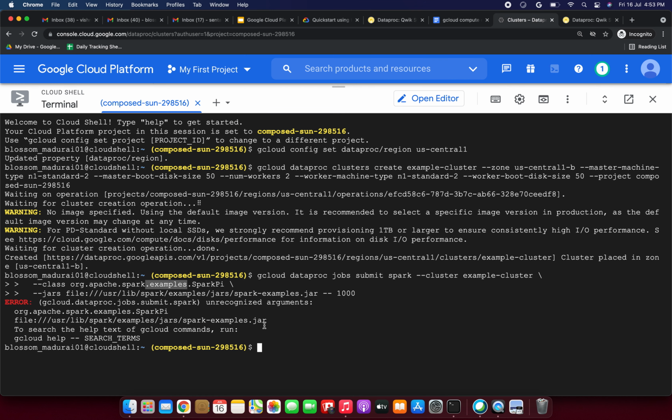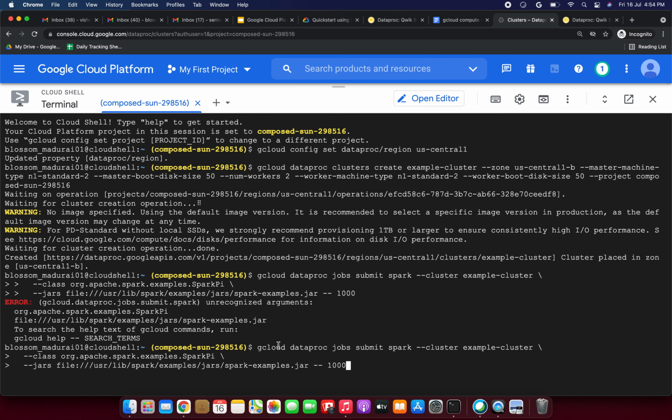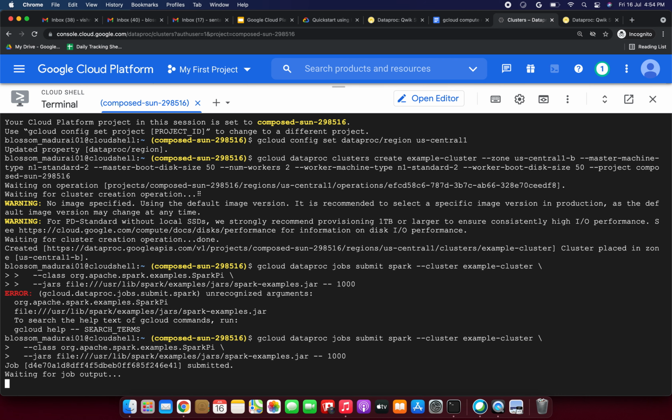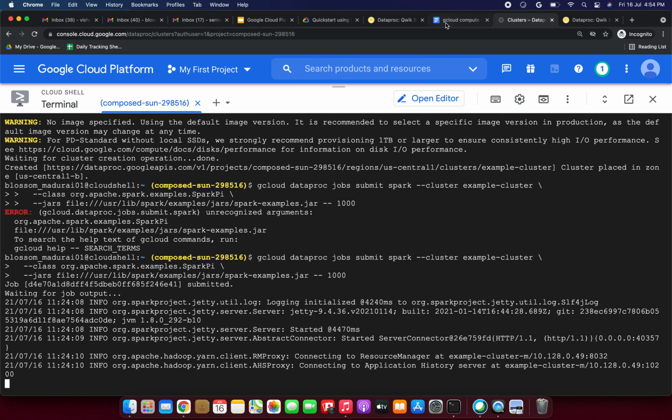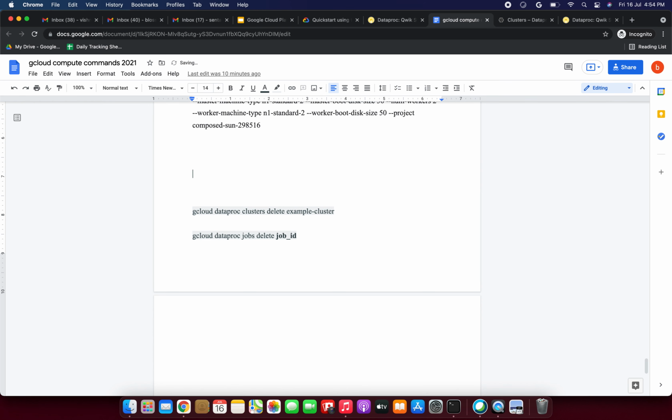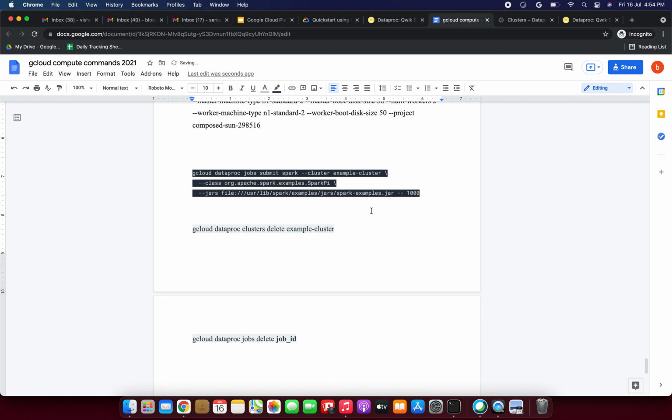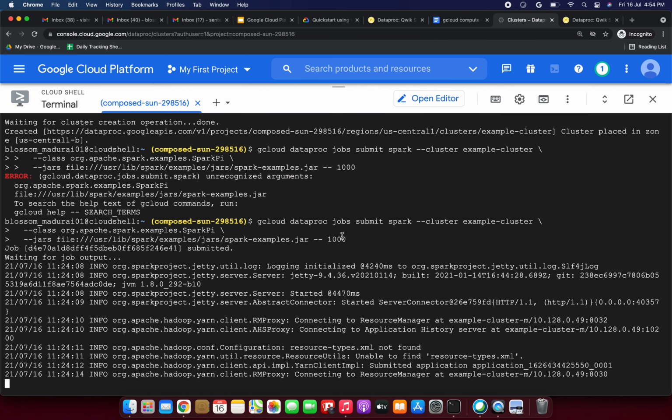Let's see whether I get the output or not. Now I am getting it, friends. Waiting for job output. I have pasted the same here. You can copy and paste this command only. It will work, friends, no need to worry. If it has not worked, please put the error in the comments, then I will try to reply.